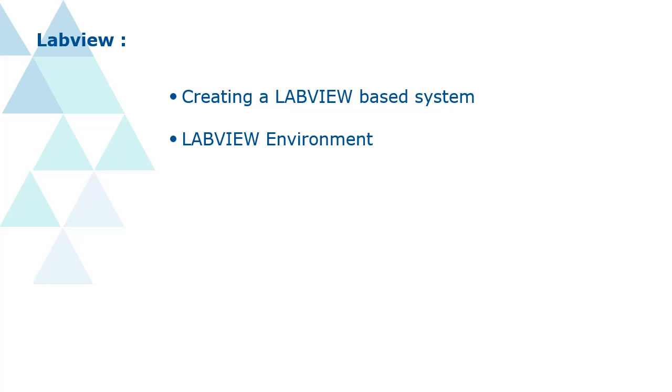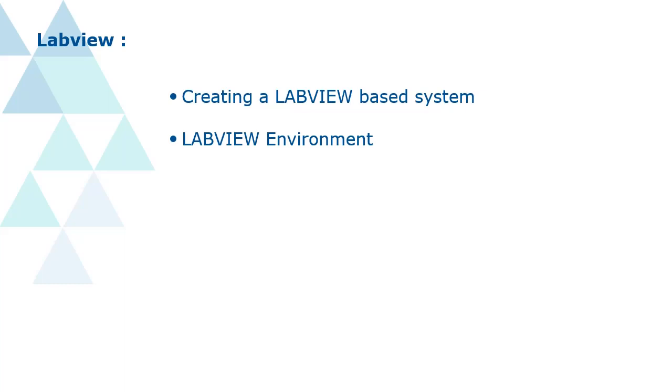The two parts of a LabVIEW virtual instrument are the front panel, a set of controls for the user to manipulate while the system is running, and the block diagram, a collection of actions bound together like a flowchart. The front panel can be customized for any look and feel desired, while the block diagram can be manipulated to clearly show the flow of data. Now we'll talk about the LabVIEW working environment.